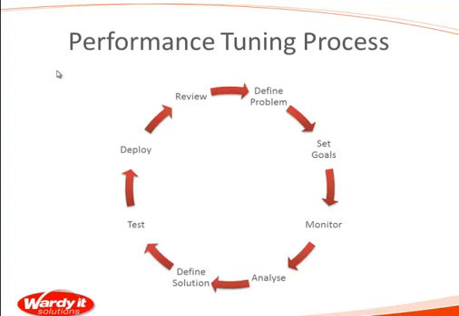Is it our SQL Server Go Faster switch that we're going to implement? Is it that we're going to put an index on? Or is it we're going to change a query? Or what is it that we're going to do? So we want to identify what that is, and then we want to test that. We want to make sure that whatever we're doing is not going to have any additional performance impacts on our server before we put them straight into production. And then we deploy, review, and then we continually go through this whole cycle again and again.